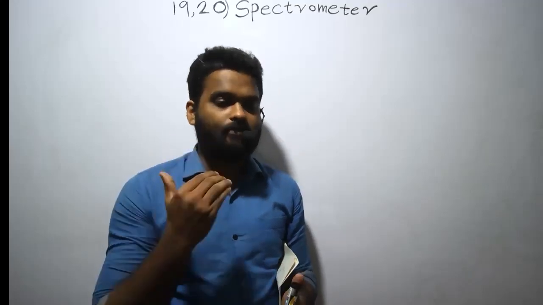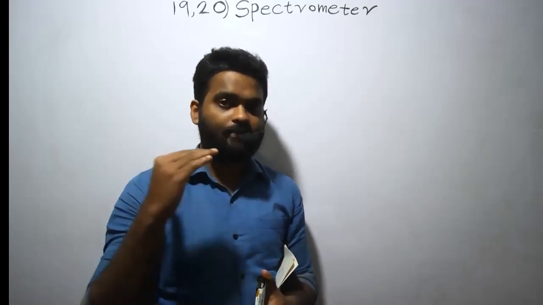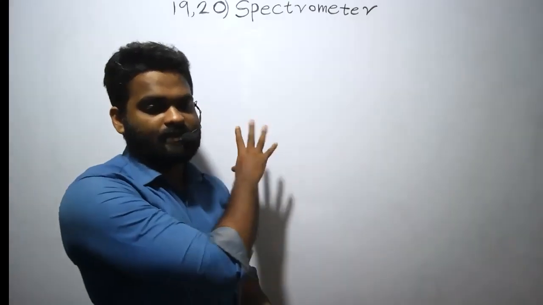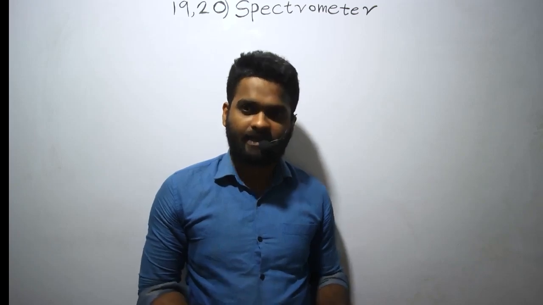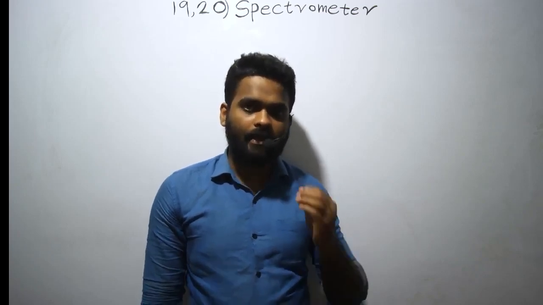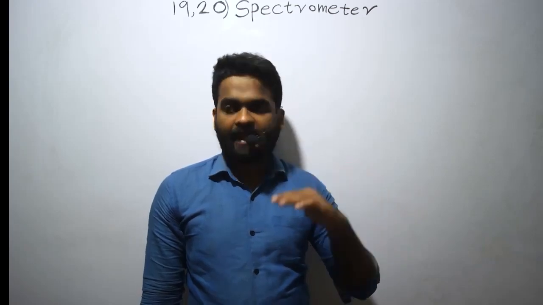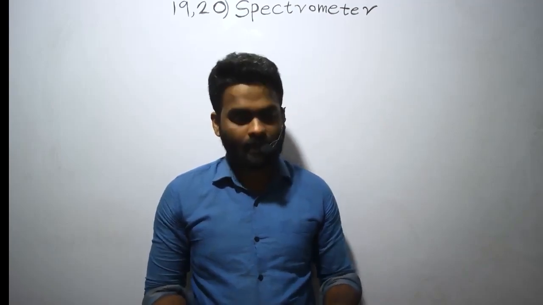Once you finish both telescope and collimator adjustments, then we did the prism table adjustment. So that is what we just did. Now the spectrometer is fully adjusted. So once we adjust that, now you can take readings. Reading means you can measure the angles between light rays using the spectrometer. Under this, right, measuring